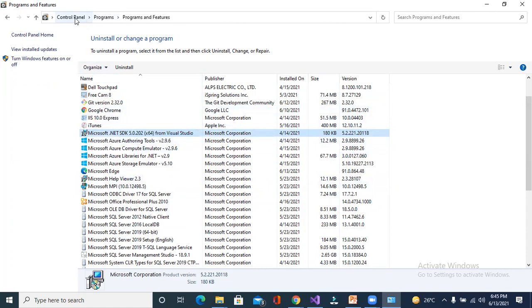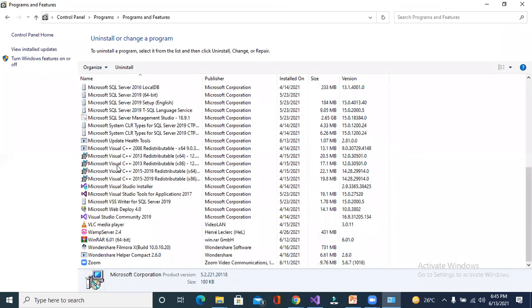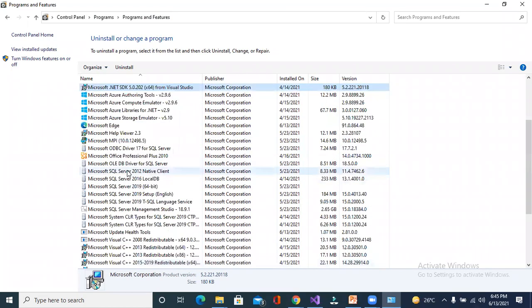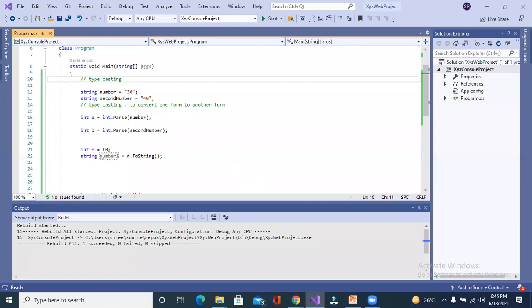You can check: go to Control Panel, Programs and Features. Here you will see the .NET Framework has been installed, right? Anyone having any question regarding installation, the .NET Framework, portability, easy to learn? No, sir.